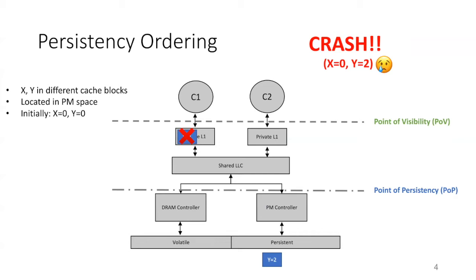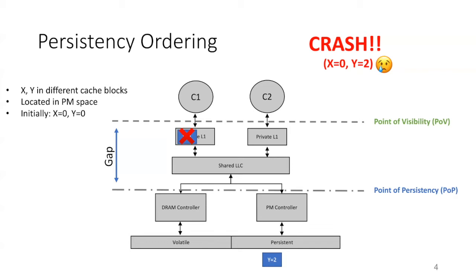For example, it could have been the case that y was calculated as x plus 1, and thus having y equal to 2 while x is still 0 is not a valid state. However, we still see it because of this issue. This issue is known as the persistency ordering problem. And if you think about it, the main reason for this issue to happen is because we have a volatility gap between the point of visibility and the point of persistency, where the ordering of updates at these points can